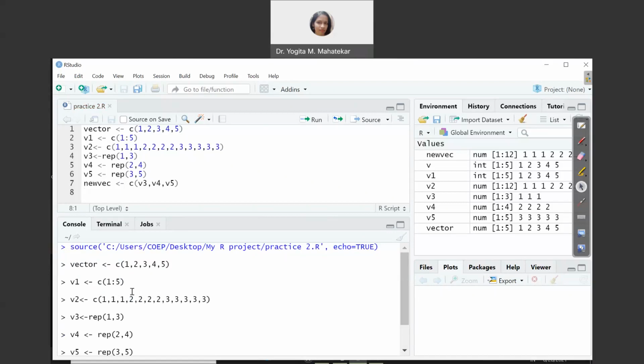Now let us go with, suppose I want to use the broom icon very carefully. Why I'm saying all these things is because, suppose I plot the first vector, v1, which is made up of 1 2 3 4 5.